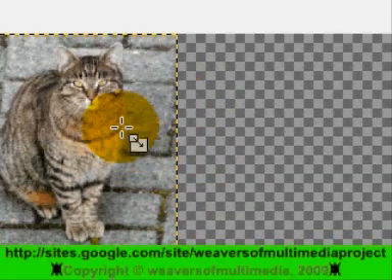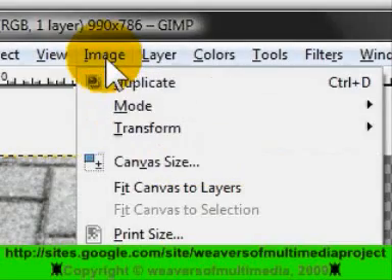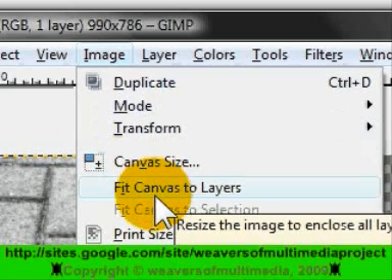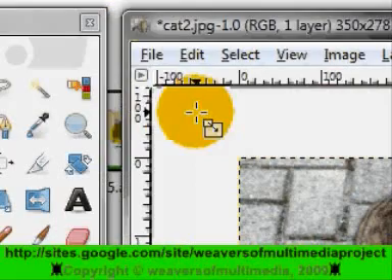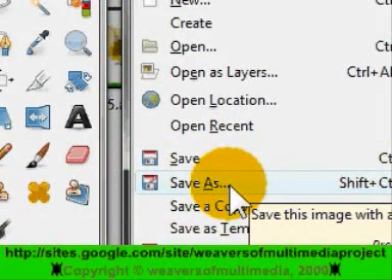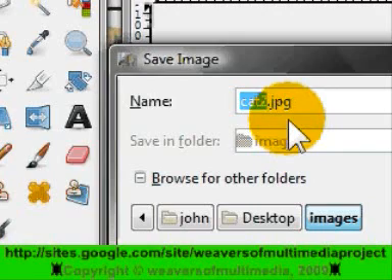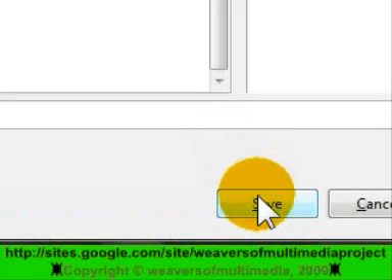So to get rid of that, go up to Image and click on Fit Canvas to Layers. So just click Fit Canvas to Layers, and as you can see, that has got rid of the transparency around the image. Now all you need to do is simply go up to File and select Save As, because we wish to keep the original image, and we'll call this new image cat2.jpg rather than cat. And so select Save,